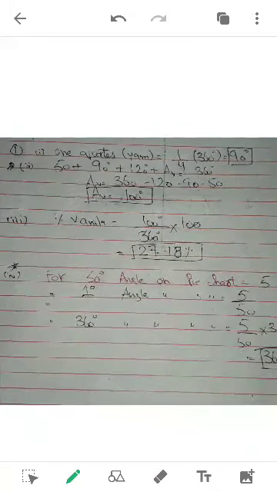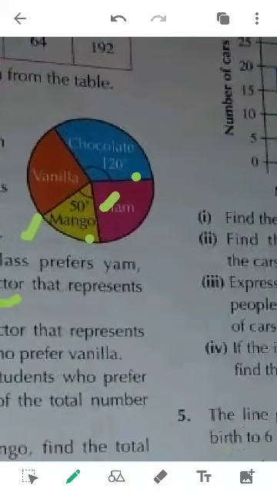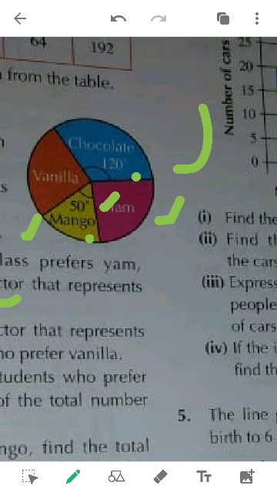Part number 1 solution: 1/4 yam is equal to 1/4 multiplied by 360. Bracket into 360 is exactly the same as multiply by 360. So this will come out to be 90 degrees. It means 90 degrees is the angle of yam. And please remember, if you show this on the yam, show it like a V shape, not like a curve shape, because an angle of 90 degrees is always drawn as a block letter L.